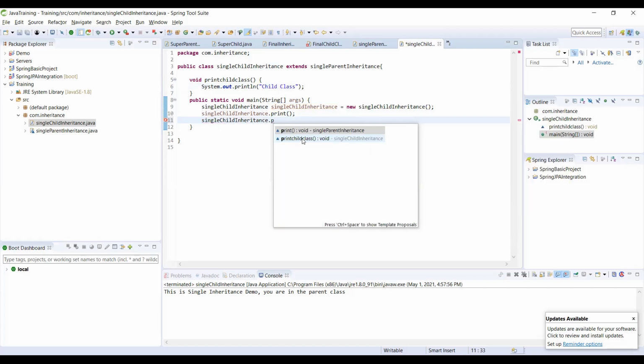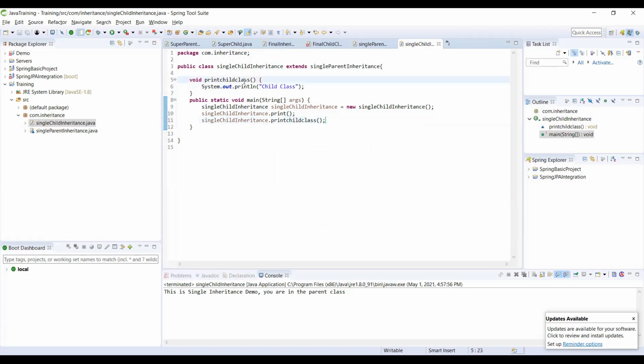So I have the other method that I declared in my child class as well. So we have two methods now, one that has been inherited from the parent and the other that belongs to the child. So this is single inheritance.